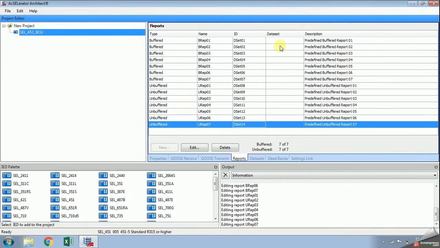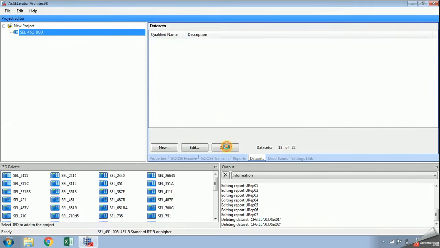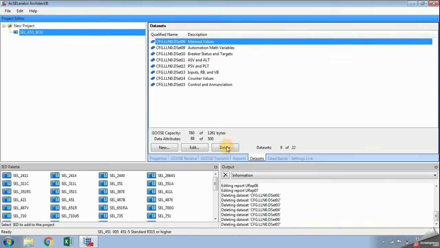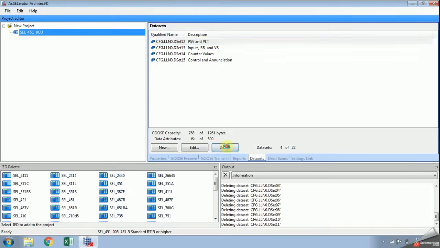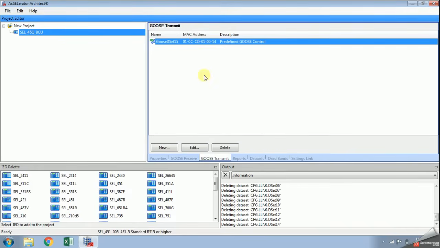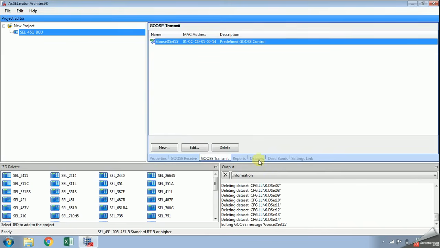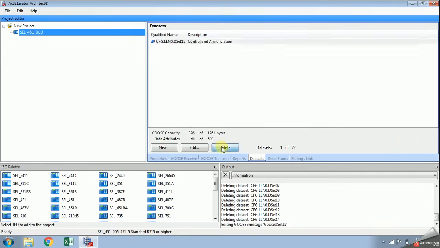If you see here, I have removed every dataset from the report control block, so I will delete the datasets. This one was added in the GOOSE transmission. Go here and delete it. Now we are going to create a new dataset. For that, just click on New,